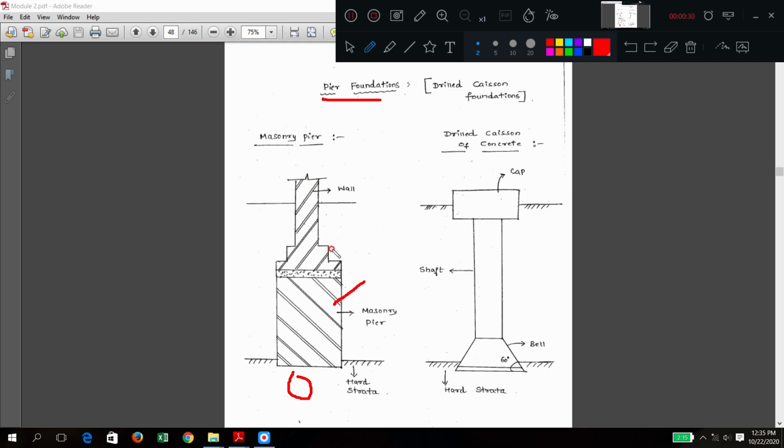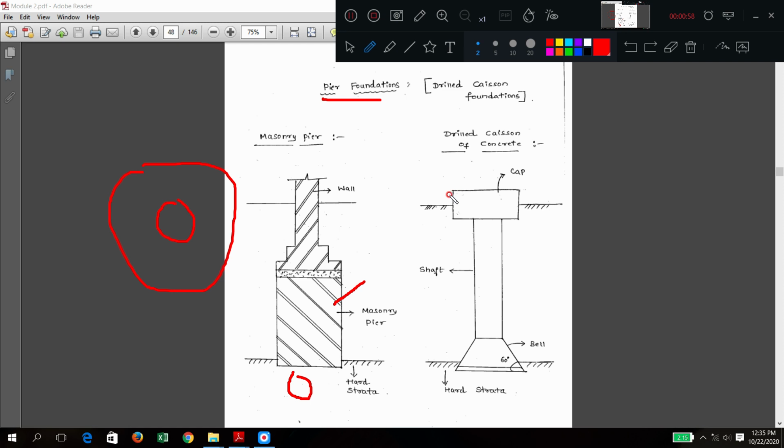Here some steps are provided. This is the top plug. It's called the top plug. Now you understand this is a cross section, or you can say the elevation. When you see the cross section, the total may appear circular or cylindrical. Inside this, a column or wall will come. Now here this may be for concrete.